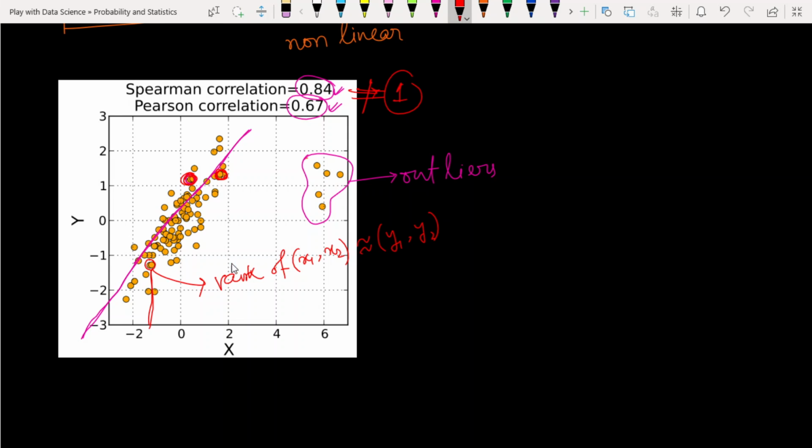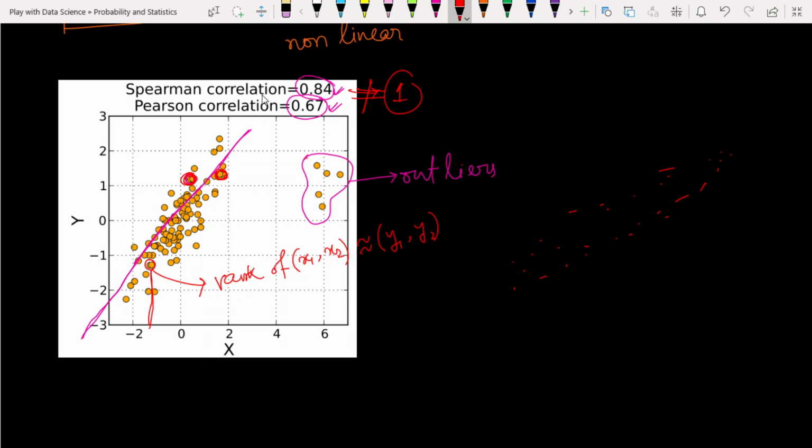But suppose our data are well distributed, properly distributed, then it may not depend on whether it's linear or non-linear. In such a scenario, these things are actually workable. I think you got the idea. So from the 0.84, it will easily separate our outlier values.